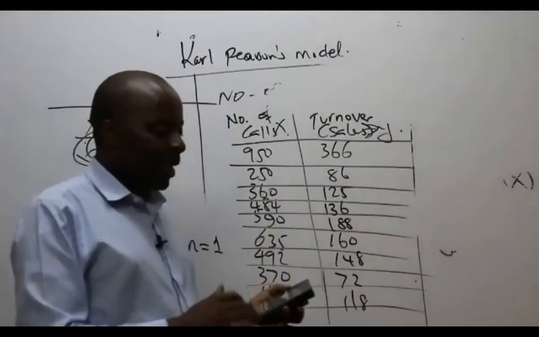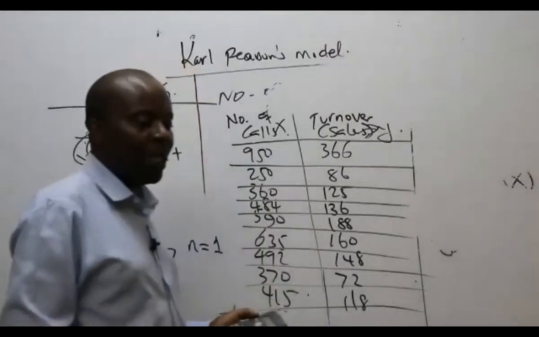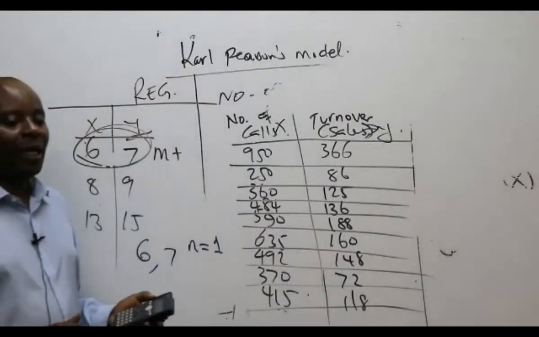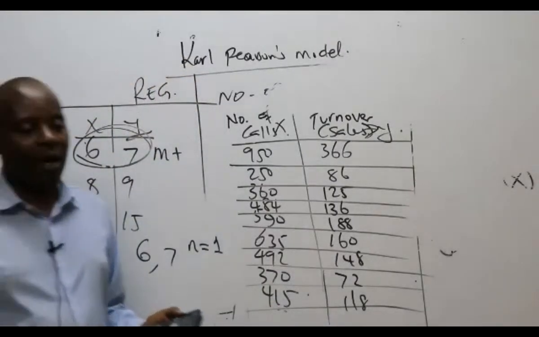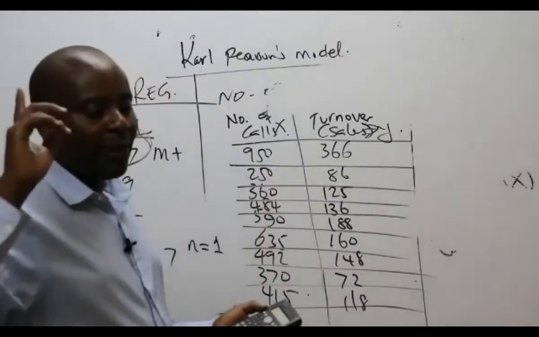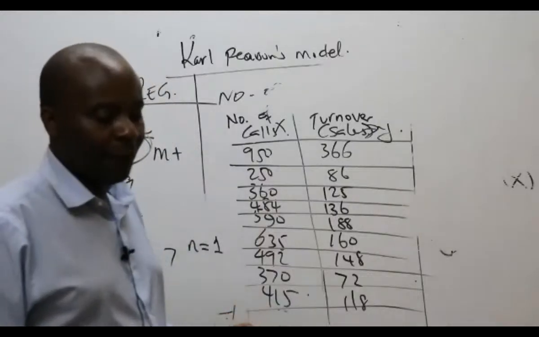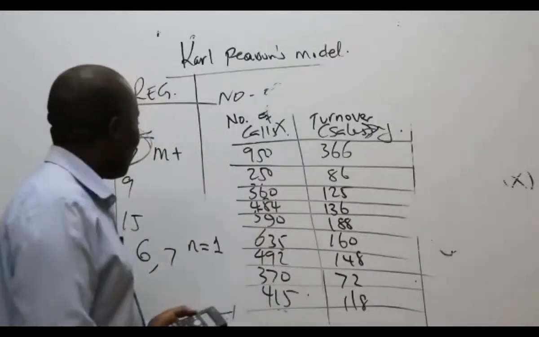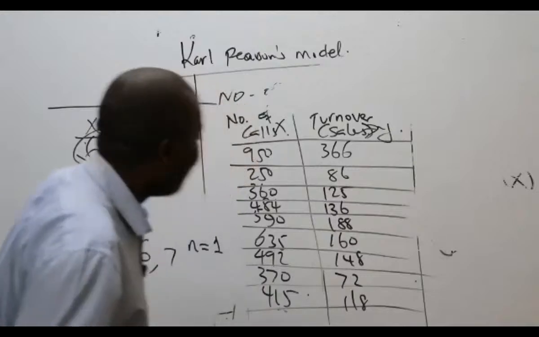13, 15. Alafu unasema M plus. What are you able to see there? Unasema M plus. What are you able to see there? M plus. Inasema N equals 3. Thank you very much. So, ladies and gentlemen, there are things that I would want you to always remember when you're using this